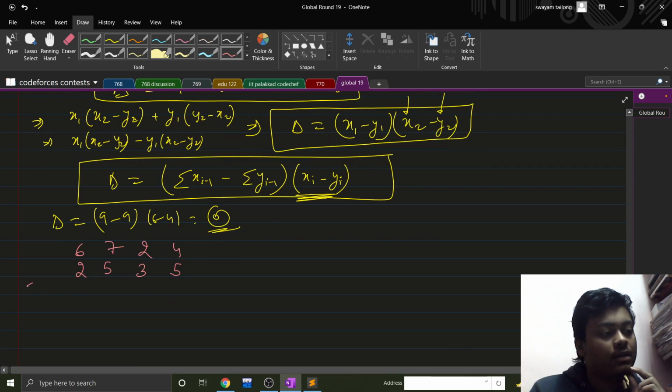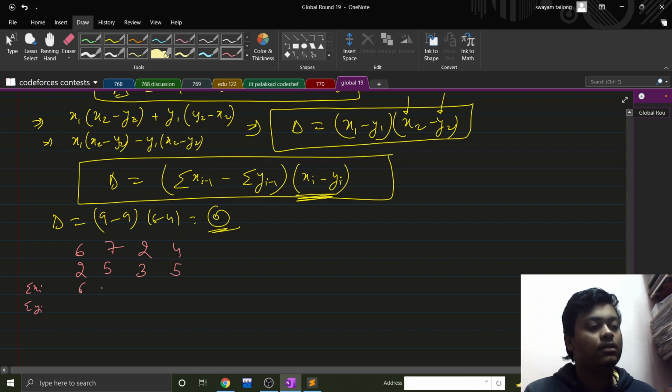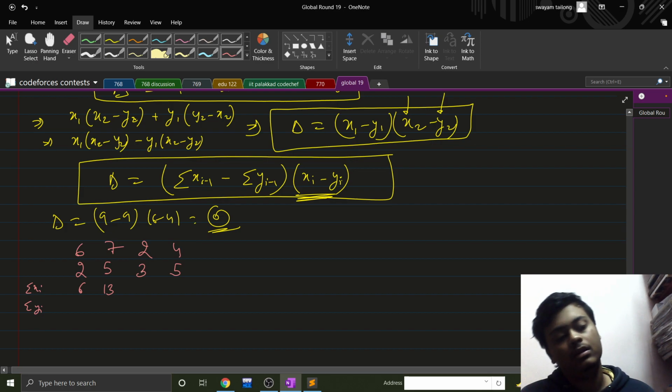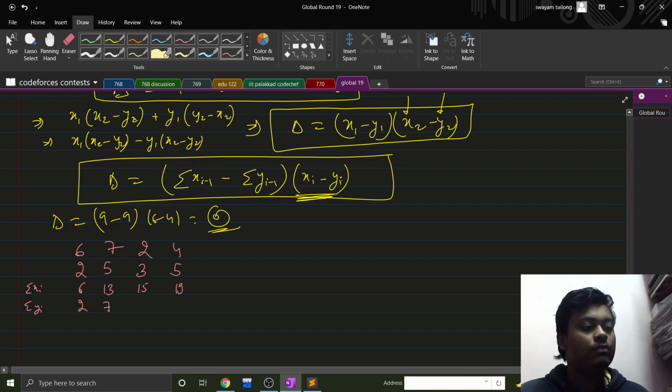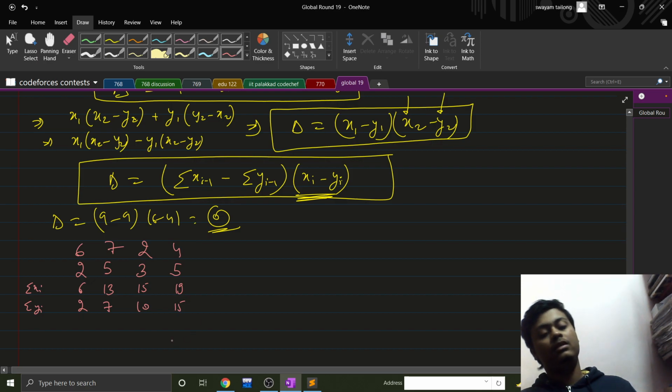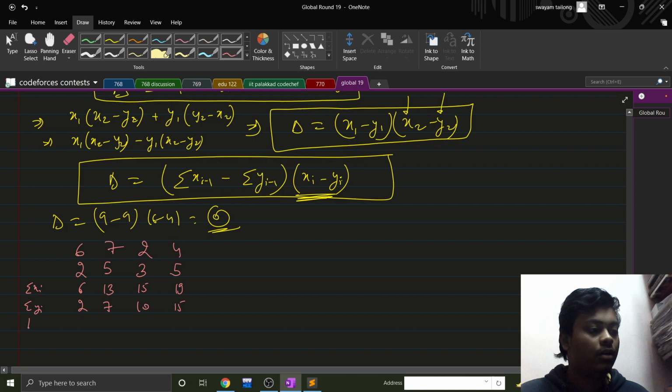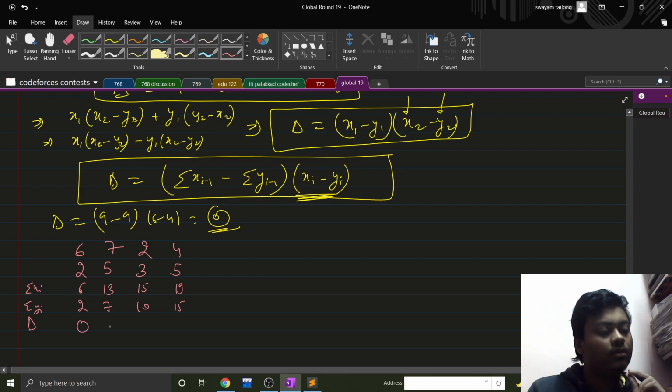So I can keep the summation of xi's and the summation of yi's: 6 13 15 and 19, and this will become 2 7 10 and 15. Fine, these are my summations. So I can put delta. If I change it here, delta will be 0. If I change it here, delta will become,